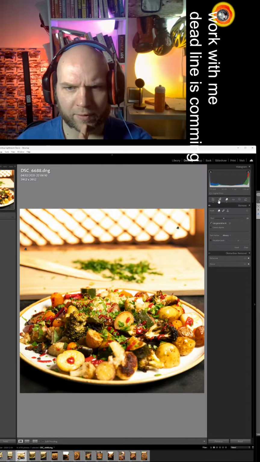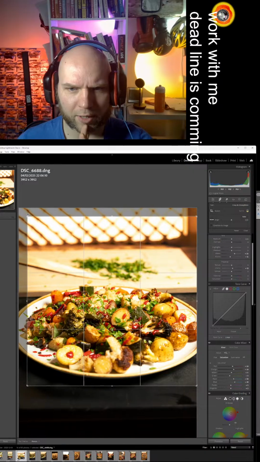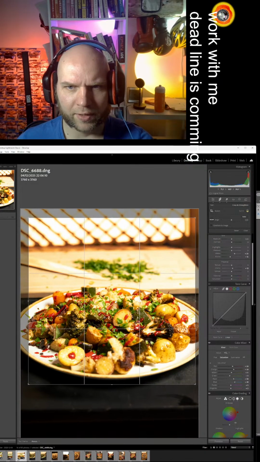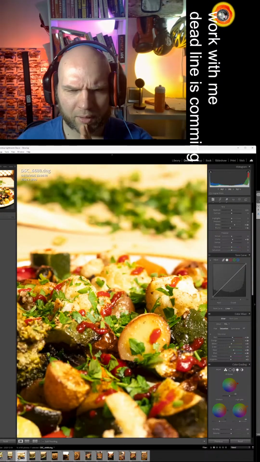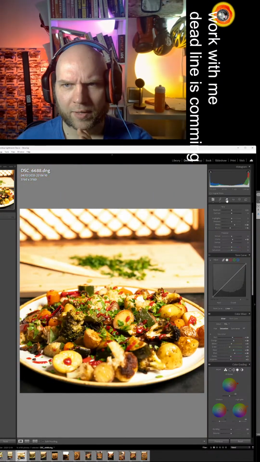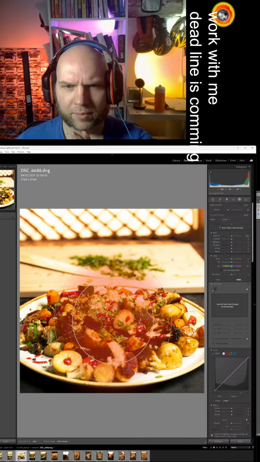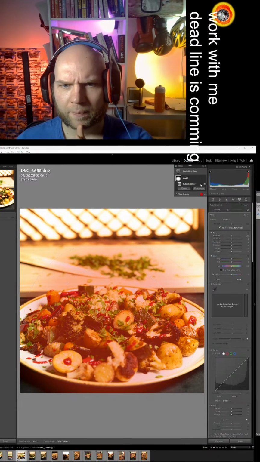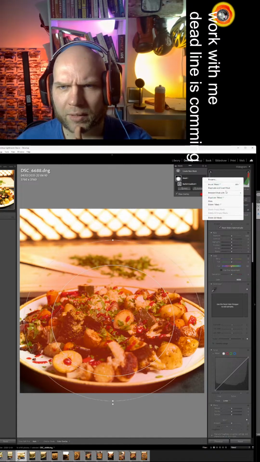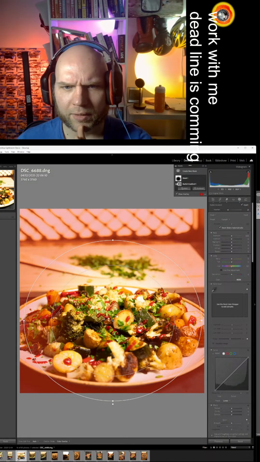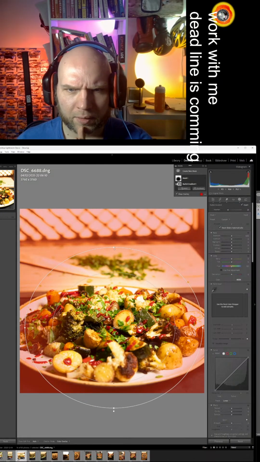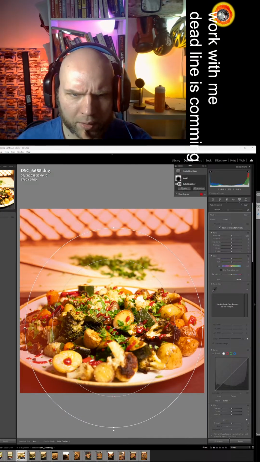Okay, so we have our knife, all veggies. Then we can reduce the crop a little bit like this. Center the dish. And in my opinion, it's good enough. Only one thing, I would like to add some vignette, but I will do that manually. Over there, otherwise it will be in the center, but I don't want that. Over there was somewhere reverse. Invert. Yes, like this. Bigger, wider.